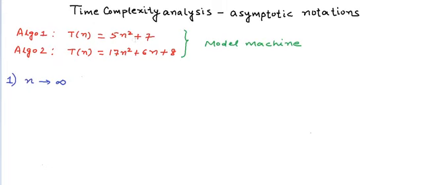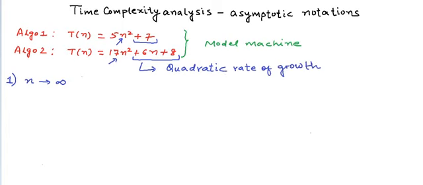In this case, if n tends to infinity, this +7 in the first function and this +6n+8 in the second function will become insignificant, corresponding to the n² term. And if n tends to infinity, this constant multiplier 5 and 17 also become insignificant. And these two functions will pretty much have a similar rate of growth for very high values of n. So irrespective of the machine used, we can say that these two algorithms have something like a quadratic rate of growth, a rate of growth which is defined by a quadratic function, which kind of brings these two functions in